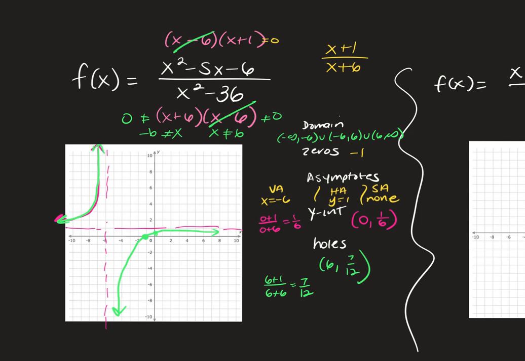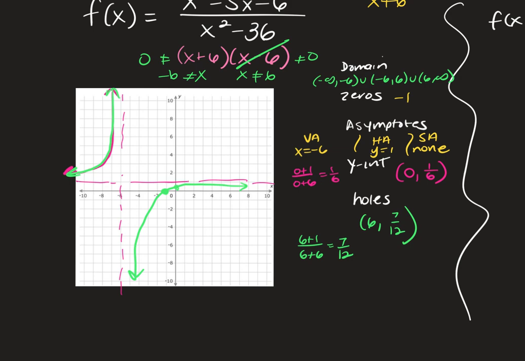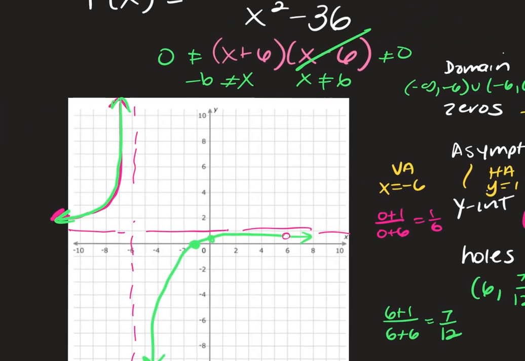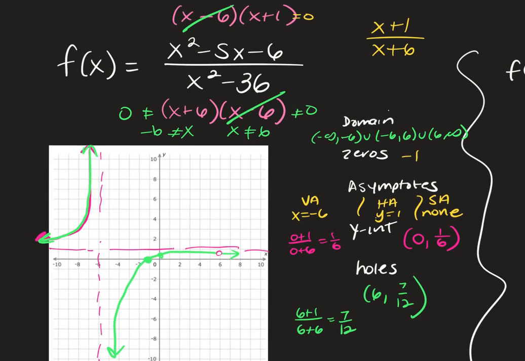So the hole is at (6, 7/12). So I'd go to where it's 6 and 7/12. You plot that hole, sorry, and make sure it's a hole. Like, make sure it's visible. On your test, it has to be visible. For the second one, questions on that one? Okay. For the second one,